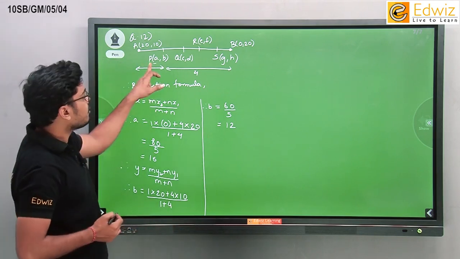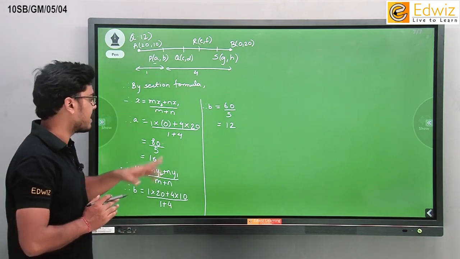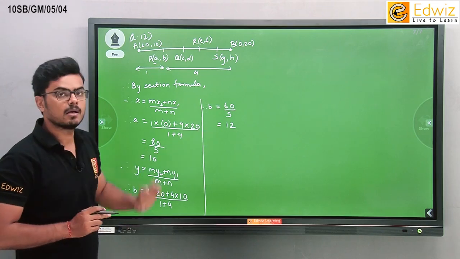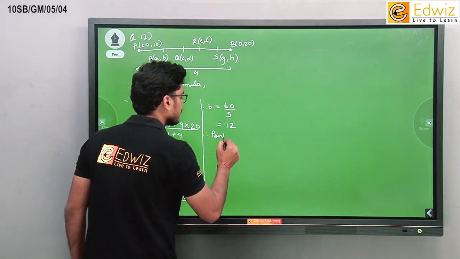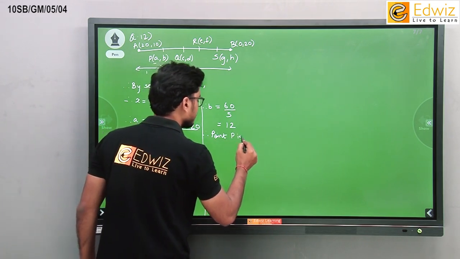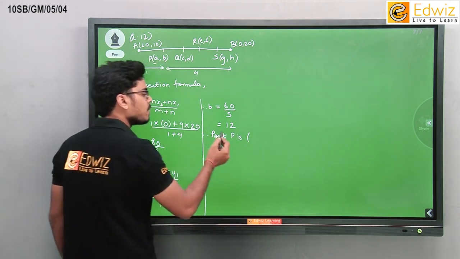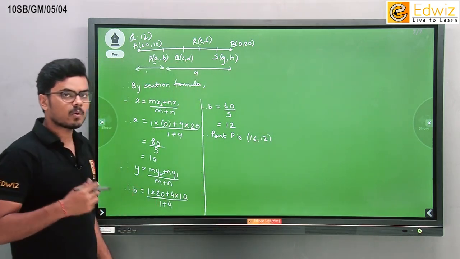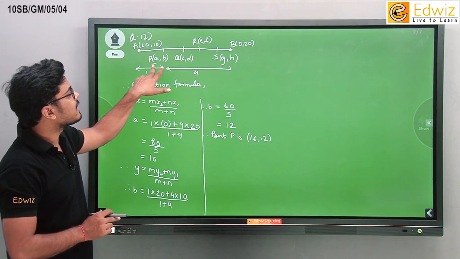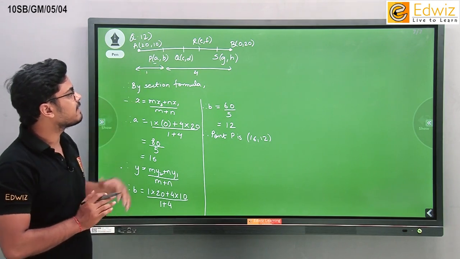Okay, therefore point P हम लोगों को मिल गया A, B that is 16, 12. Okay, therefore point P is 16, 12. Okay, now एक बार मुझे P कोऑर्डिनेट मिल गया, P पॉइंट मिल गया, then we have to find the